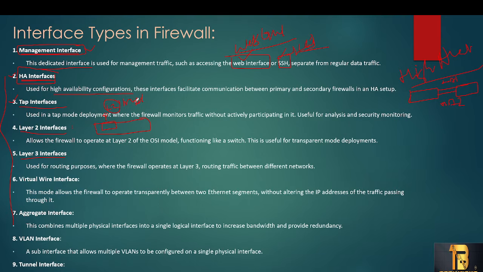The port works the same way a switch does: checking MAC addresses and maintaining a MAC address table, functioning as an L2 device. And if you configure a particular interface as L3, it will act as a router.